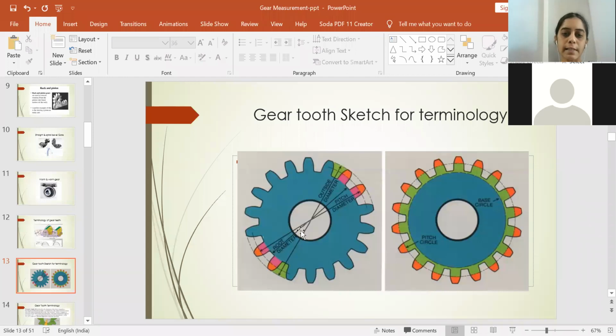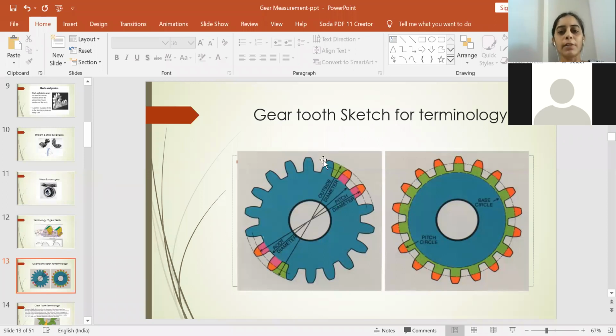Then you call this the root diameter, and the pitch circle will be exactly half the value of the major diameter and the minor diameter, and not the root diameter. The minor diameter comes to the bottom of the tooth and will not touch the base circle. Half of it provides the pitch circle, which is an imaginary circle tracing out the path similar to the rotation of the gear tooth. You should know about three main circles: the outer or major diameter, and the minor diameter. The root diameter is accomplished with respect to our base circle only.